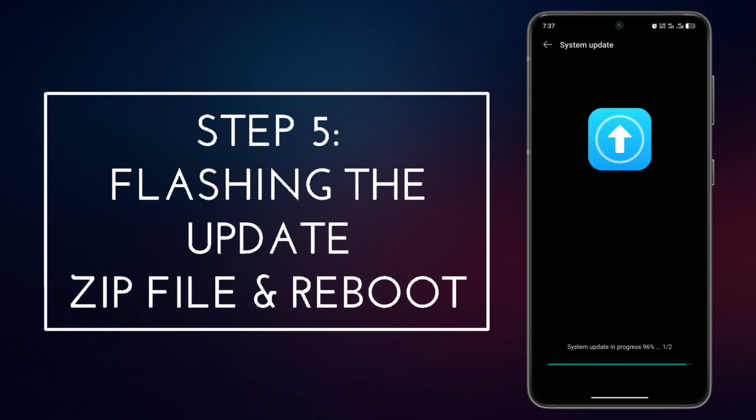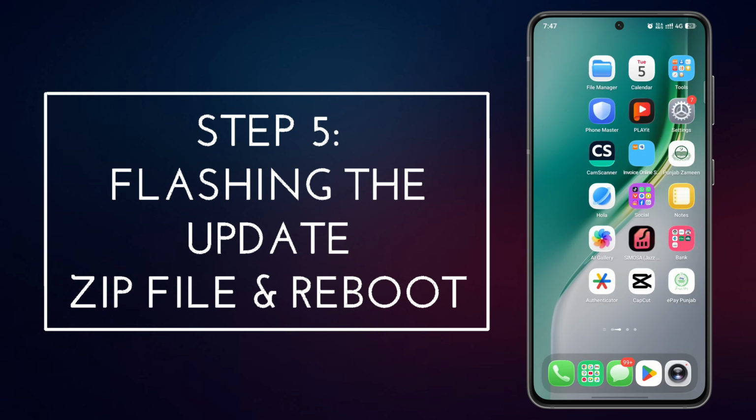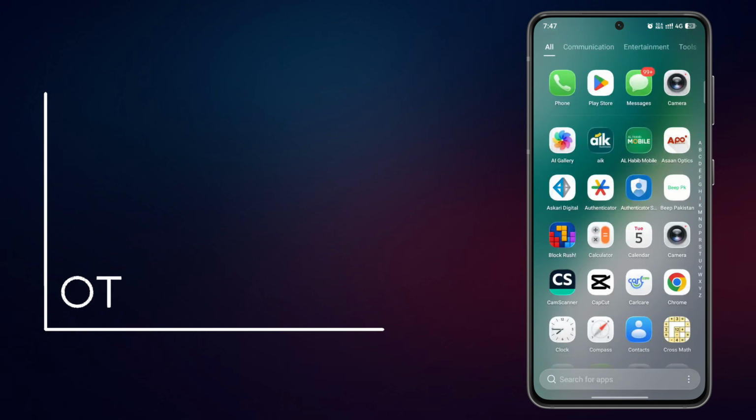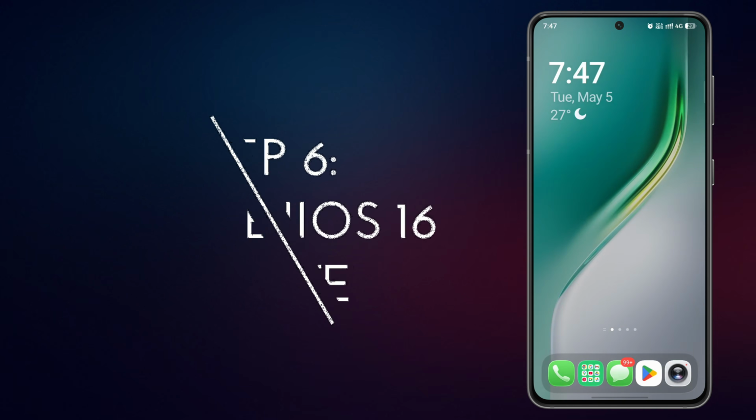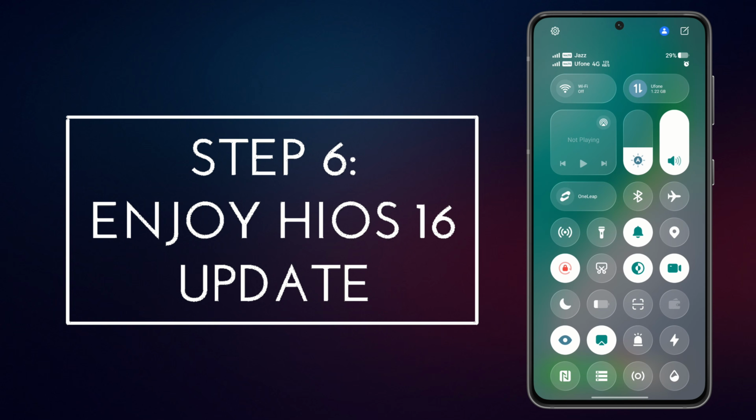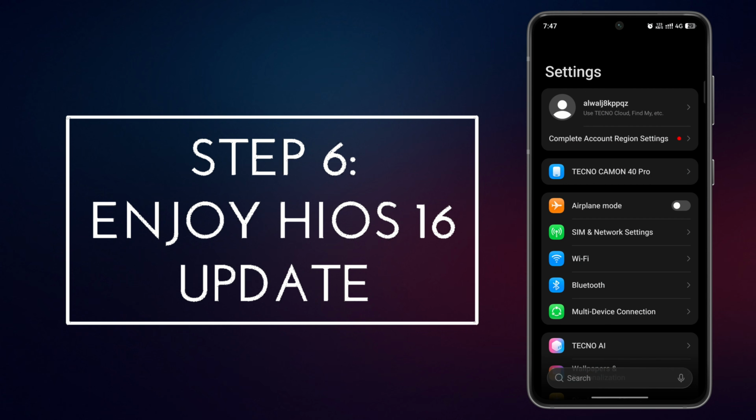Once it's done, you will see an option called reboot. You'll click on reboot. It will take 5 to 6 minutes and your phone will boot into the HiOS 16.2 update based on Android 16. If you have any problems, do let me know in the comments,